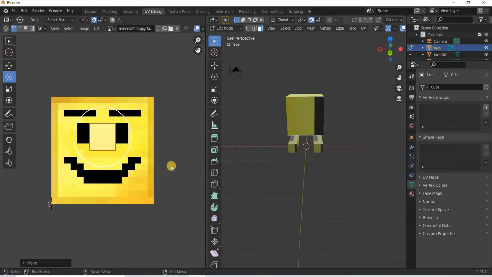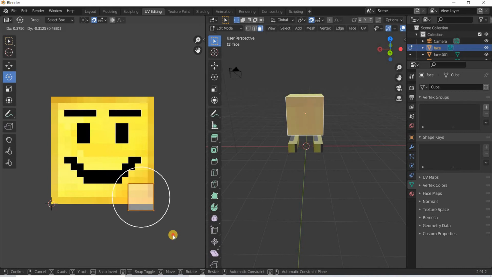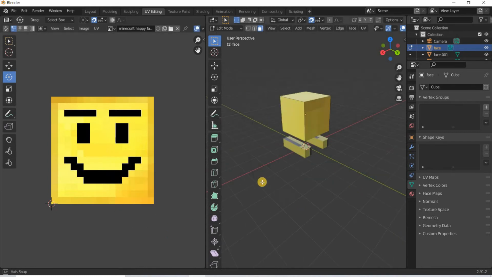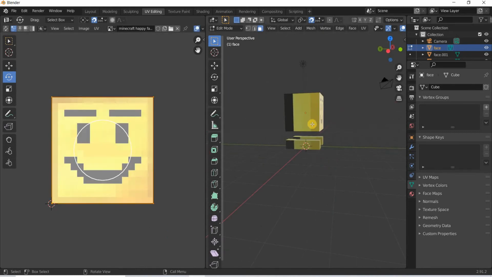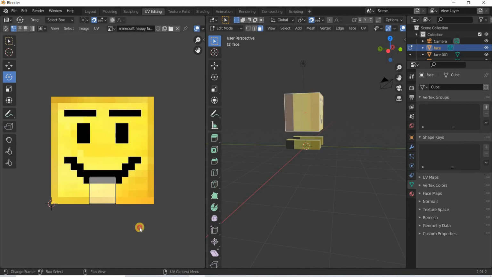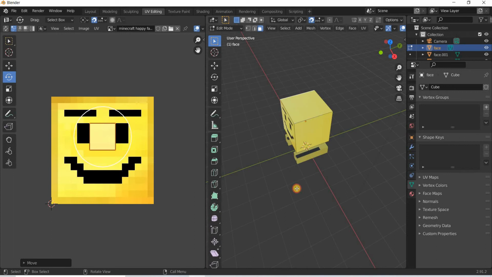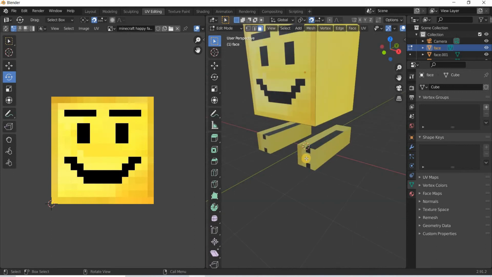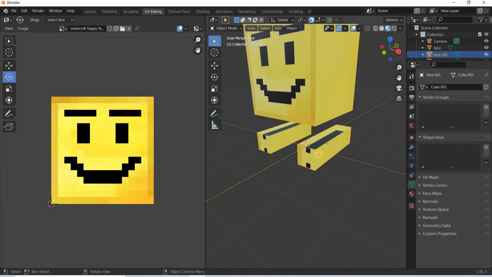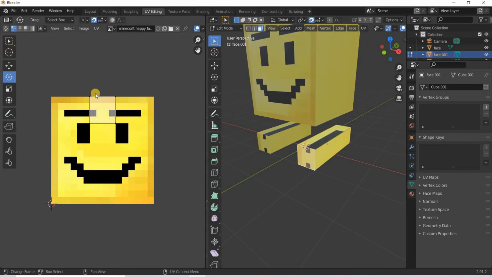So for example, the back one, I will move it here, so it gets a different texture. On the left side, all others can have the same. Okay, so same way for the feet. We'll go out of edit mode, select this, edit mode, select the front side, then move it,